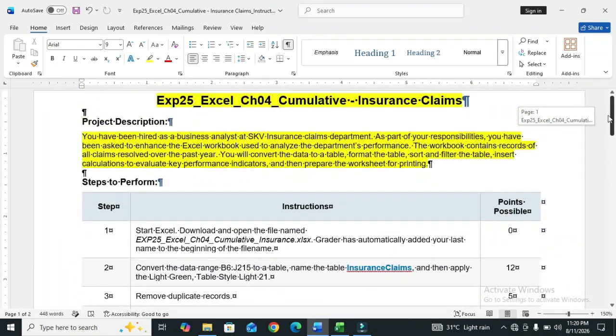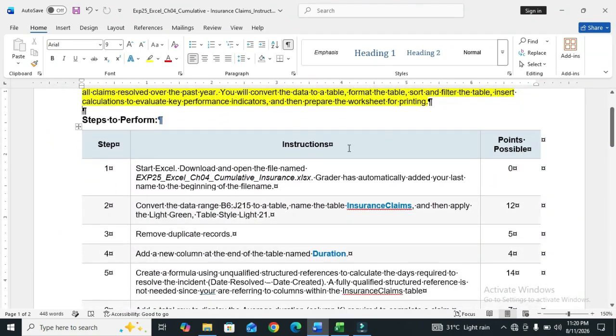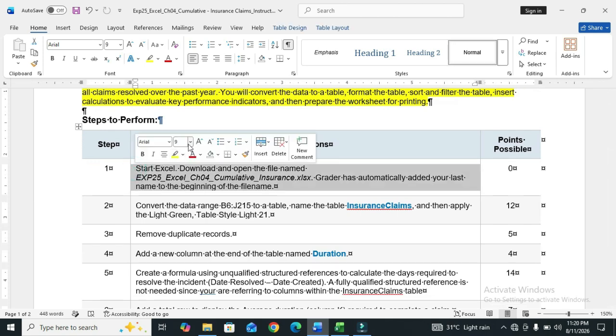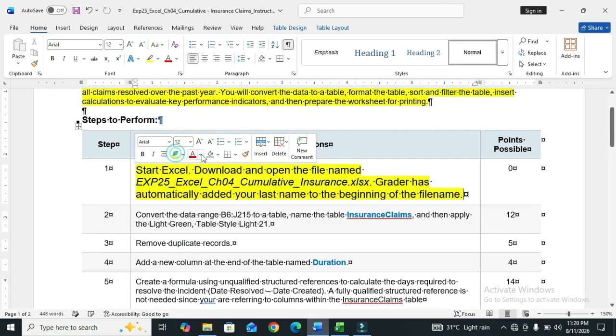So we move to step number 1. Step number 1 is start Excel, download and open the file named EXP25 Excel Chapter 4 Cumulative Insurance. Grader has automatically added your last name to the beginning of the file name.